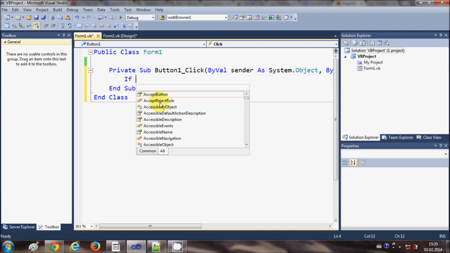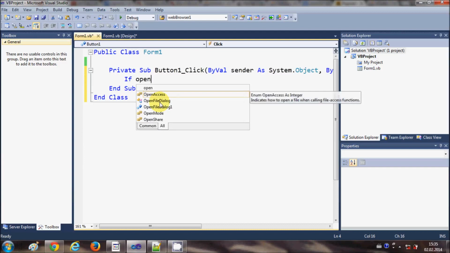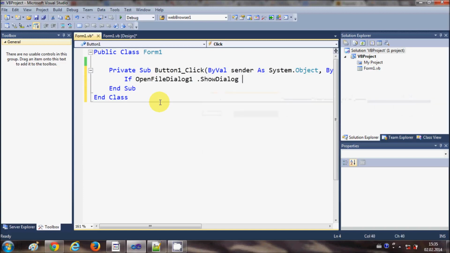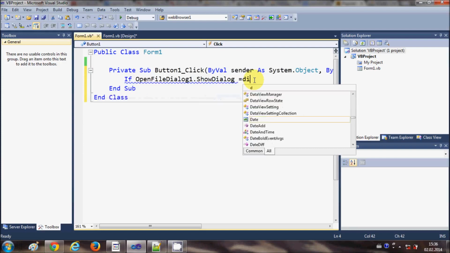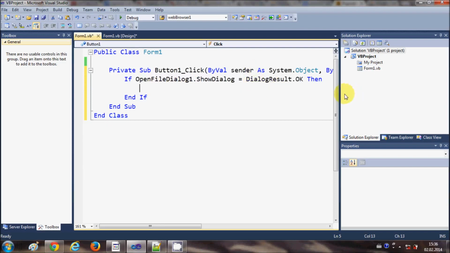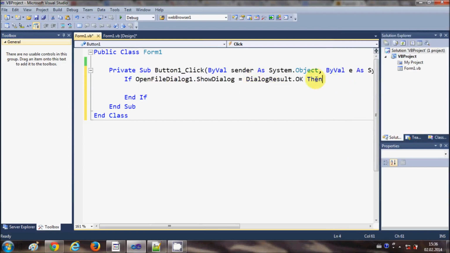So I will write if OpenFileDialog1.ShowDialog, and it has automatically created Then, but I don't want Then, is equal to DialogResult.OK, and then if this is okay,